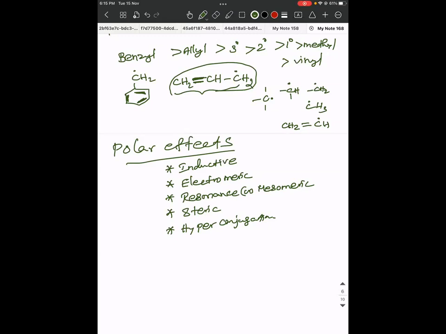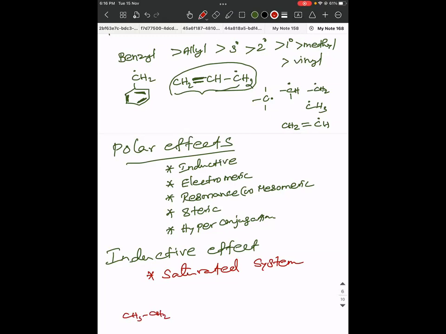First, inductive effect. So this can happen only in the saturated system. Saturated system means it should not contain any double bond or triple bond at all. All should be single bonded compounds. If there is any electronegativity difference, the inductive effect can take place. So if the polarity arises, if you have the system like CH3, CH2, CH2,